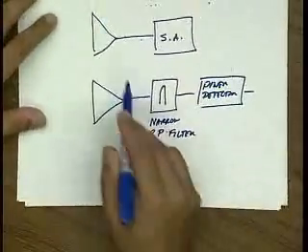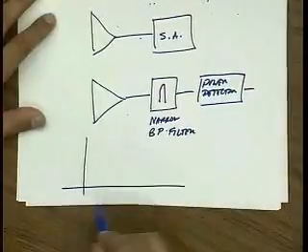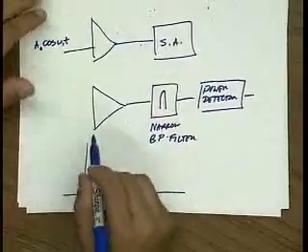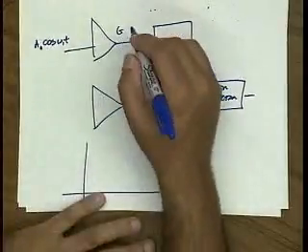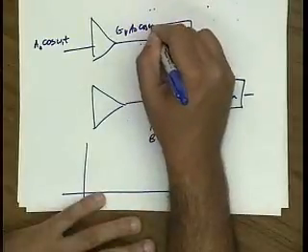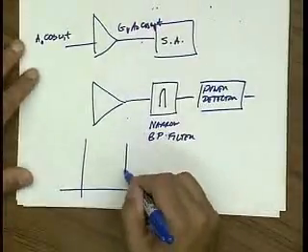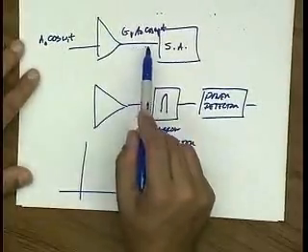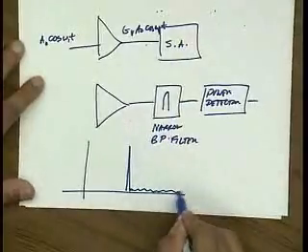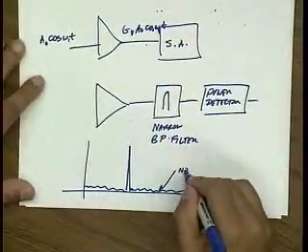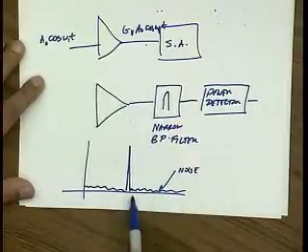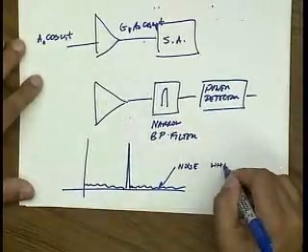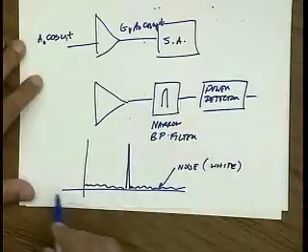So if I plot the results of the output of my amplifier on a spectrum analyzer, let's say I put in a signal, A naught cosine omega naught t, it gets amplified, right? So it's going to be G_V A naught cosine omega naught t. So in the spectrum, I'll see a tone which corresponds to this signal getting amplified. But what I also see is noise. So even though there's no input energy in these frequencies, it looks like there's broadband noise. We call this white noise because it's flat. It has